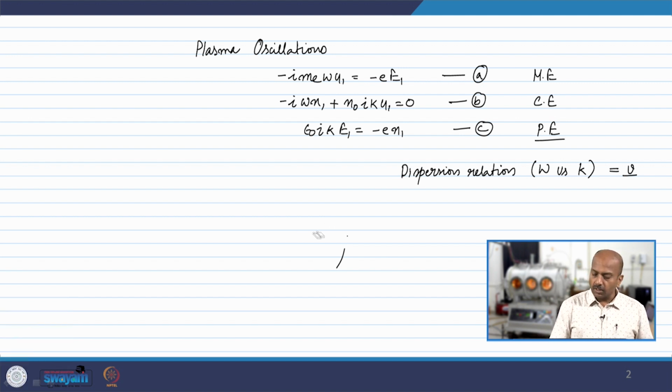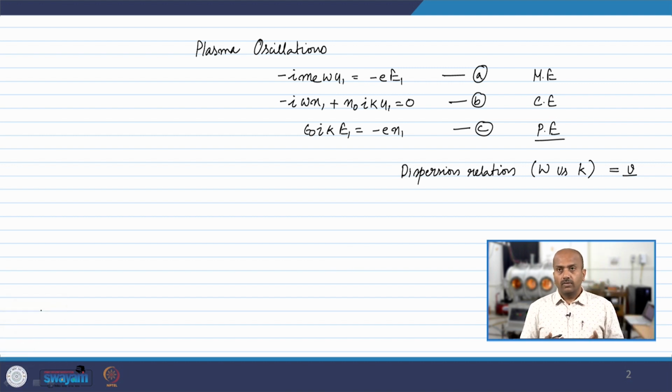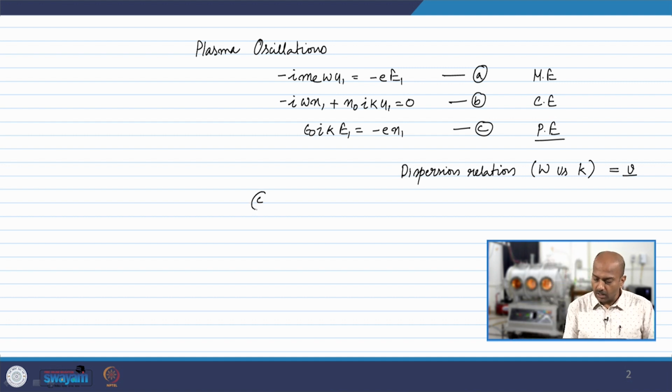So, why will this particular set of equations represent anything related to the plasma? We have considered governing equations such that all physical variables which are influenced by the propagation of waves are included. Let us use equation C. Using C, we can write E1, the perturbed electric field, as minus e n1 divided by epsilon naught i k. And from equation B,